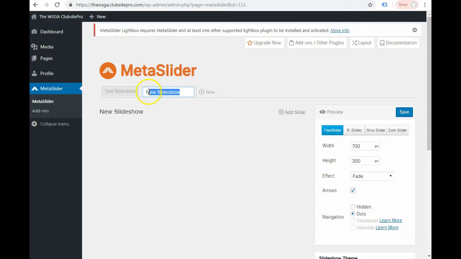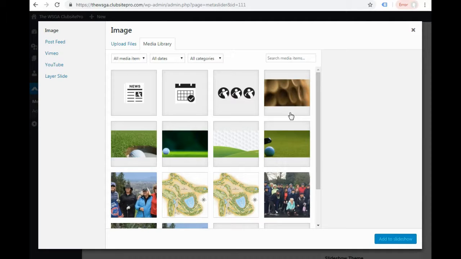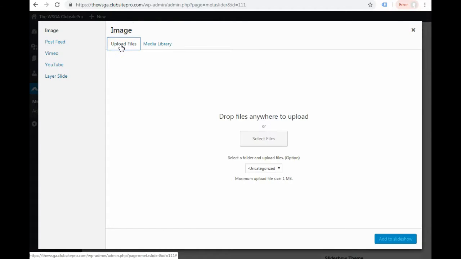Now you can see this has turned into an input box, so I can now give my slideshow a name. And then I need to start adding slides, so I'll click on the Add Slides button. That's going to bring me into my image library. If I had images loaded already, I would be able to just select them and start using them, but I'm going to create a slideshow from files that I'm going to upload from my computer. So I'll click on Upload Files,